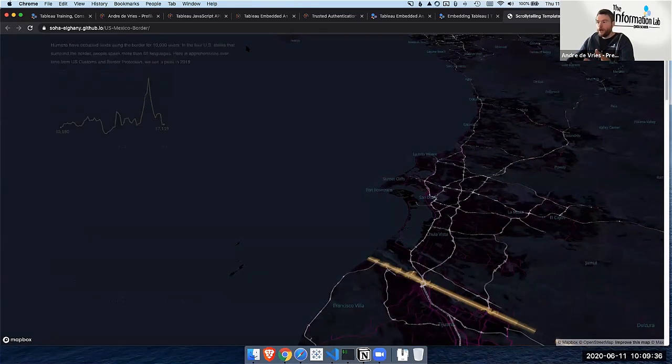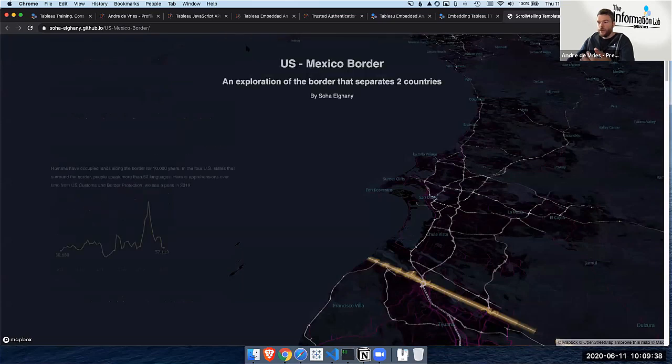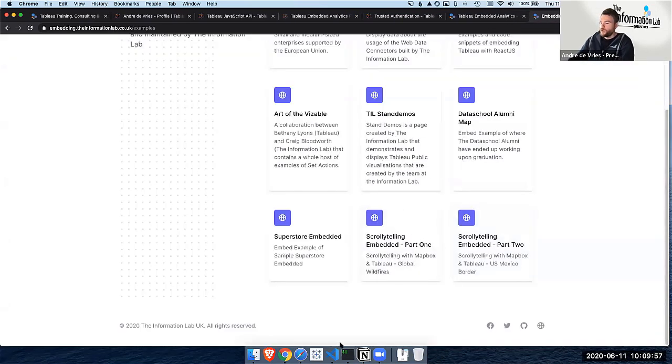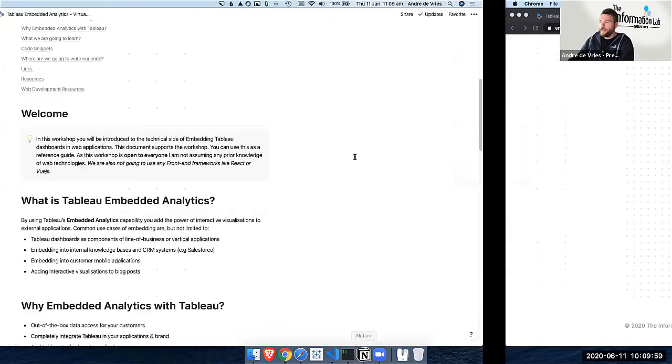However, if I scroll back up, you saw that there is a little chart here. And this chart here is Tableau. So Tableau embedded on a web page combined with Mapbox. There's lots of things possible when you adopt embedded analytics. So that's what we're going to focus on today. We're going to learn how to actually embed something in a web page. So I'm just going to hop into the Notion page,